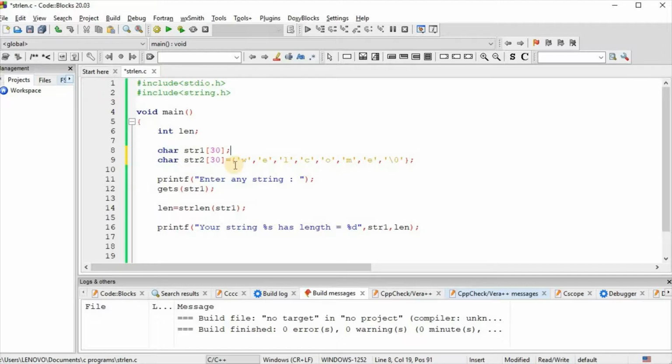We have taken character array str2 and these are the characters of welcome, and here we have taken the null character, so there are a total of 8 characters.